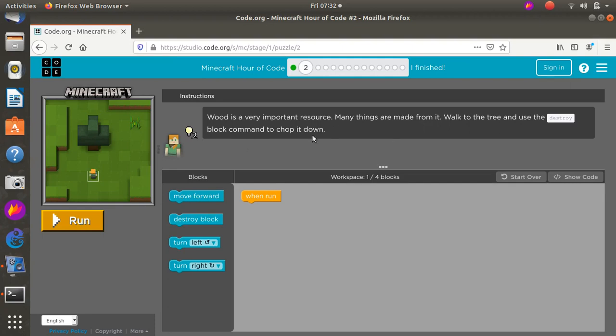So now, walk to the tree and use the destroy block command to chop it down. How many blocks to the tree? I think twice. 1, 2, then you're there, right? Yes. So let's do that. First, we're going to move forward twice. But the instruction says walk to the tree and then finally do what to the tree? Destroy block. So we say we're going to destroy the block. Now when you do run,